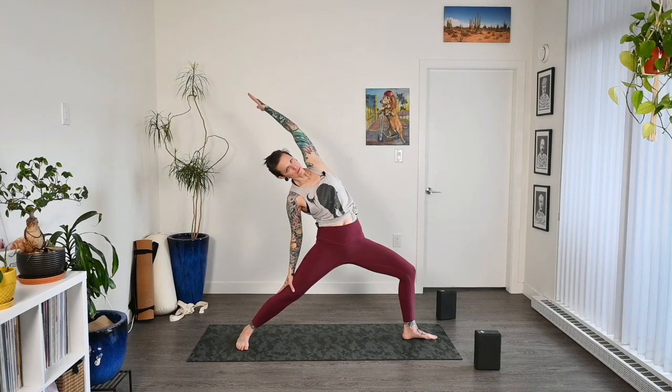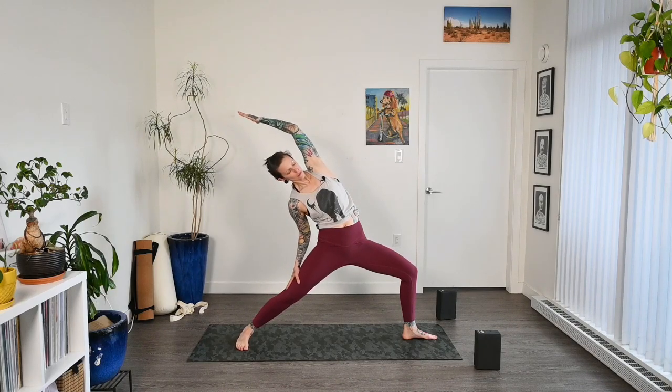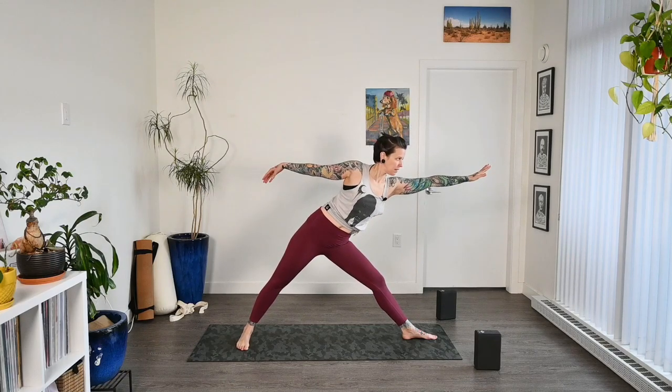And then on the exhale, drop that right hand, reach up and over with that left. Trying not to keep that right hand on the knee, either above or below. And keeping the breath nice and bright here. And then inhale, reach the arms back up, straighten that front leg. Send the hips back,